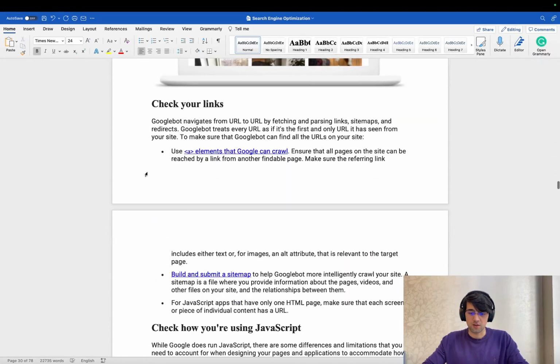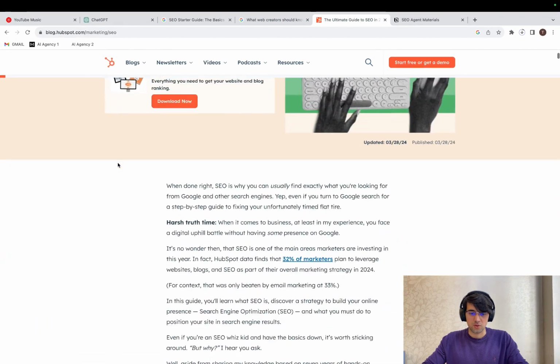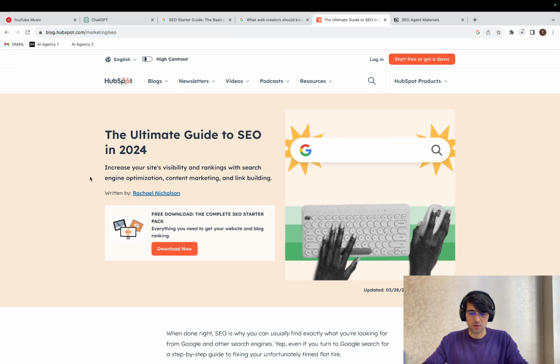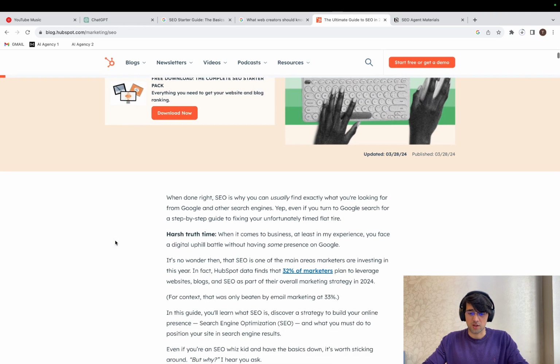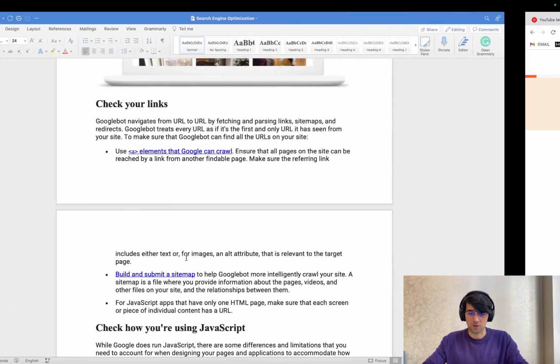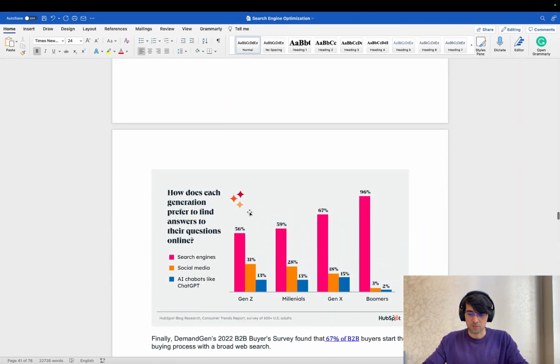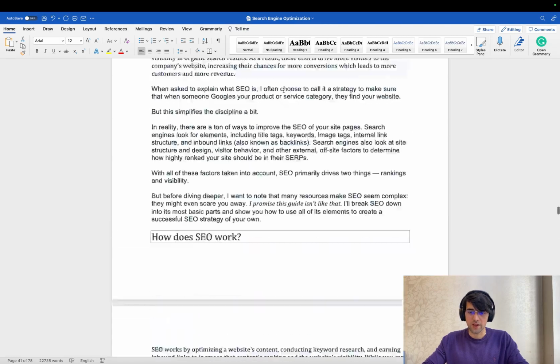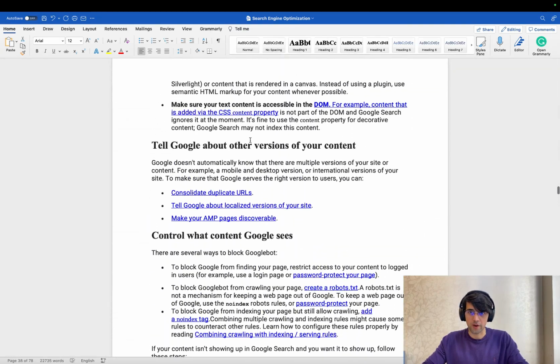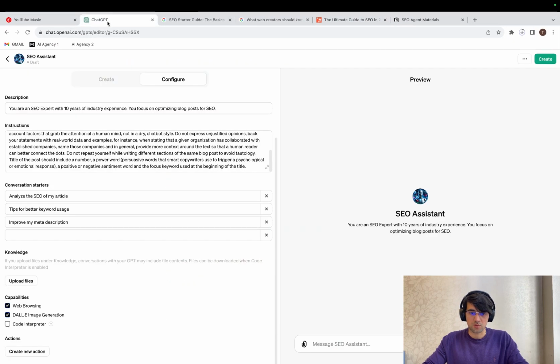You'll have this file. And then I want you to also search for this post from HubSpot. This is called the Ultimate Guide to SEO in 2024. Again, this is a reputable source, so I trust that the information contained is reliable and legit. So I just went ahead and also copied this article. You can pretty much go all the way down. So this is already HubSpot's post. So you will have this Word file, and you just go ahead and save this file on your laptop. You go back to ChatGPT,